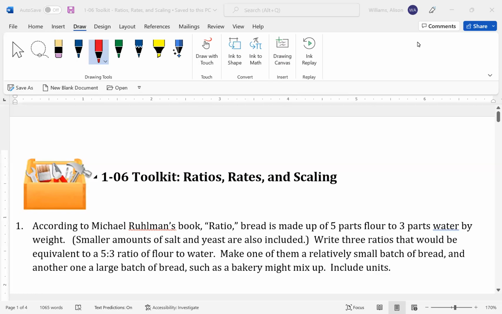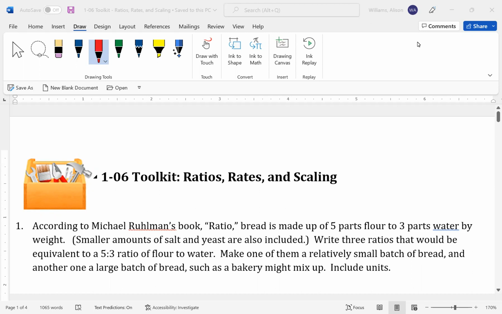In this video, we're going to talk about ratios, rates, and scaling. So let's start with some examples before we say what ratios and rates are. There's actually a book called Ratio by Michael Ruhlman, and he states in there that bread is made up